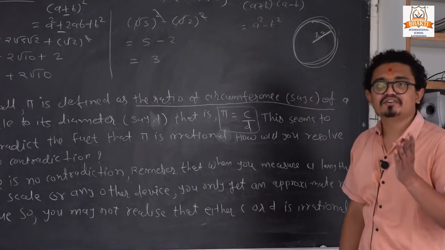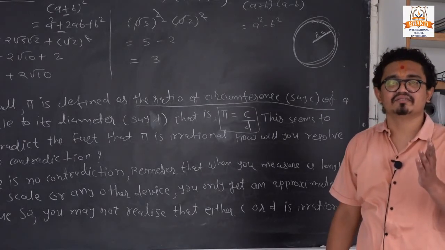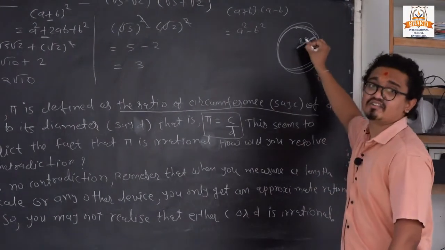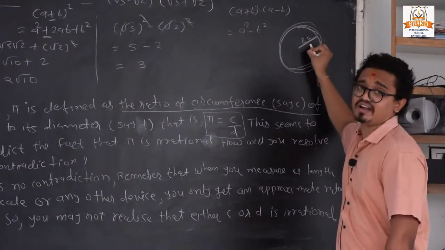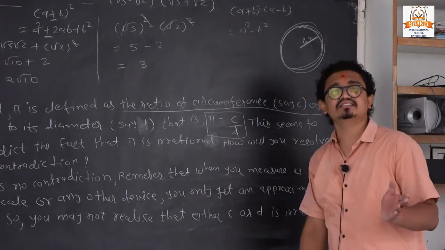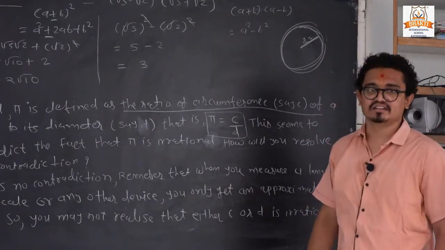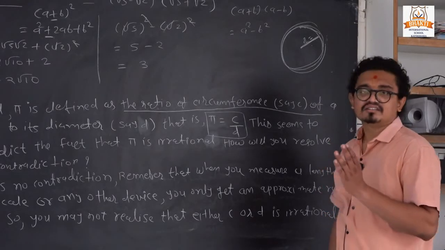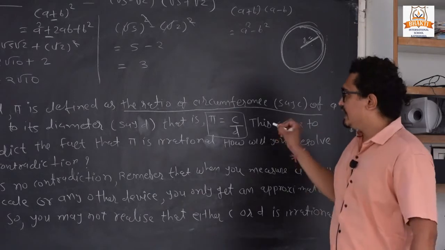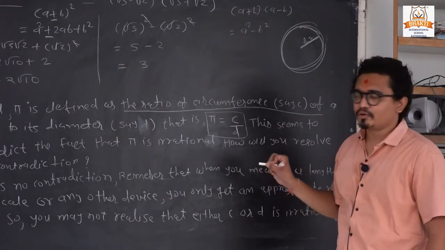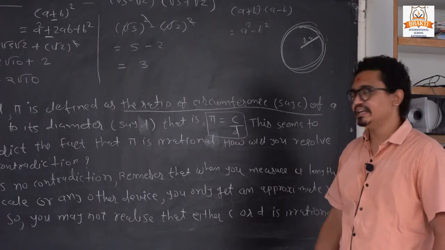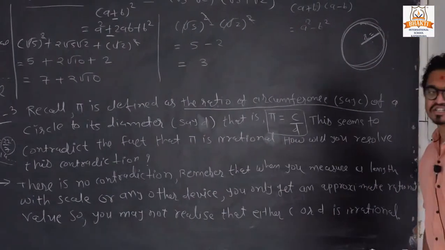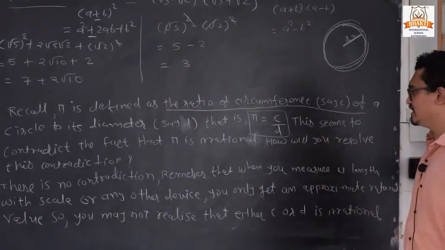But if we draw the circle, each time we can take a different measurement, either radius is equal to 2 centimeter, 3 or 4 or 5. So in each case the value of pi will be changed. It will not be fixed. For that reason, we can say that this reason is sufficient for proving that pi is an irrational number. So for that we can write the answer like that. There is no contradiction between them.